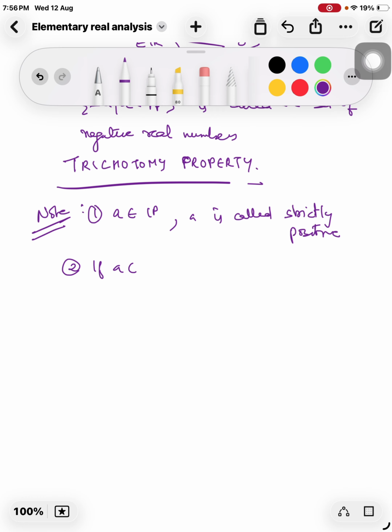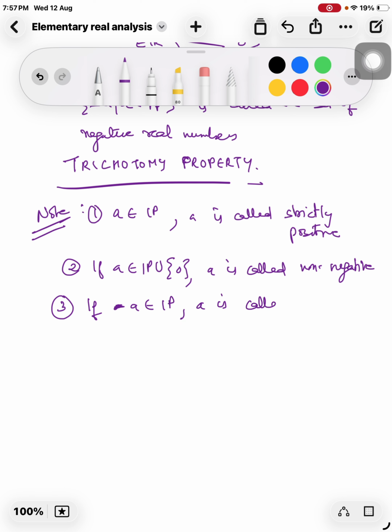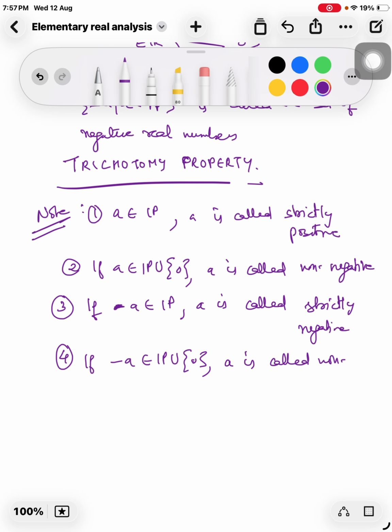If A belongs to P union 0, A is called non-negative. Thirdly, if minus A belongs to P, A is called strictly negative. And then if minus A belongs to P union 0, then A is called non-positive. Now